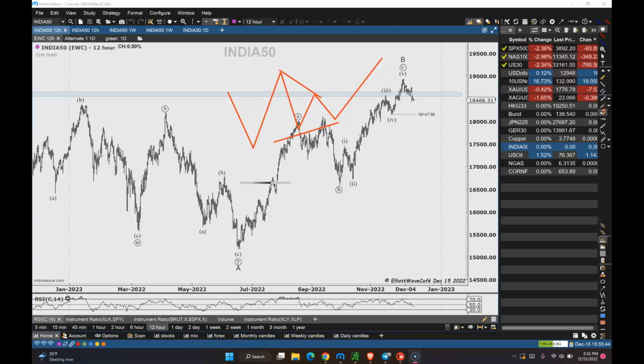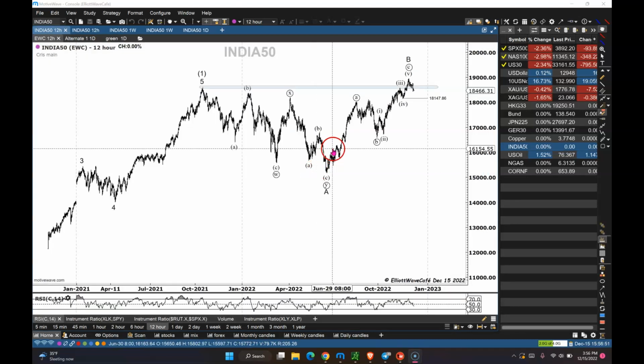So just because you have a 3-wave decline and a 3-wave rally, it doesn't necessarily mean you're going to get a C wave with a flat. The main idea is you're going to get the sell-off. If this happens in a 3-wave move, then you might have a triangle on your hands. If it moves in 5 waves, then you likely know that that's a flat. But everything that starts with a 3-wave move like that is pretty much going to be either a flat or a triangle. Sometimes you will get a WXY, but I think those are a little bit rarer. So that's how we're looking at it.